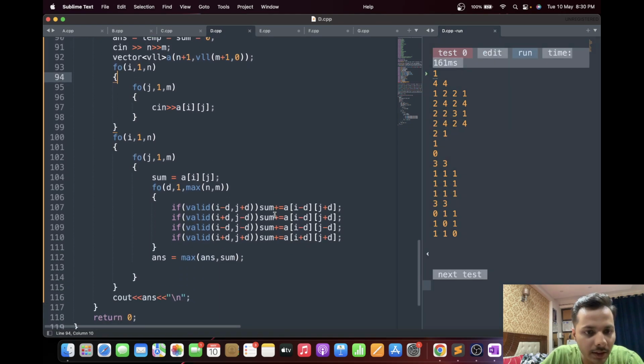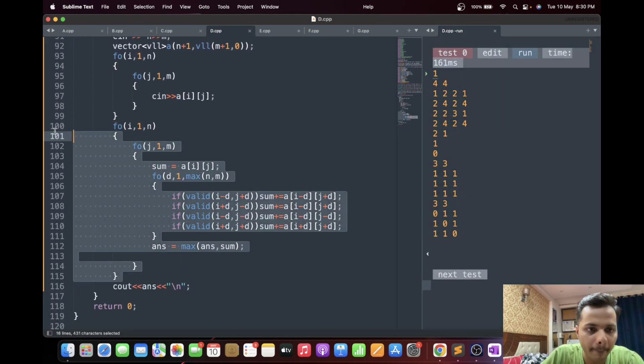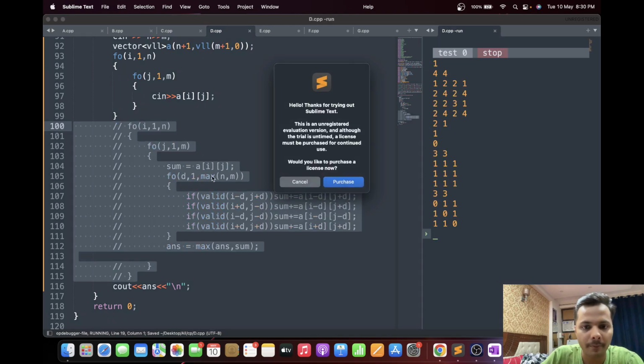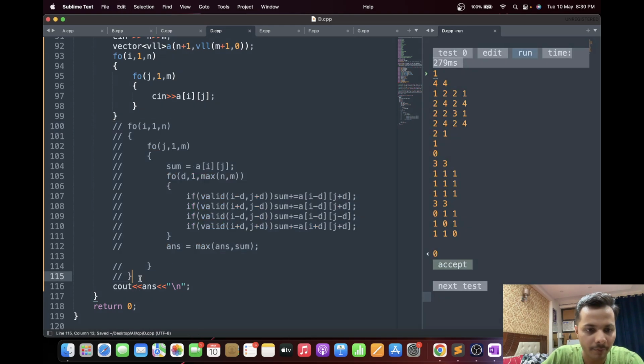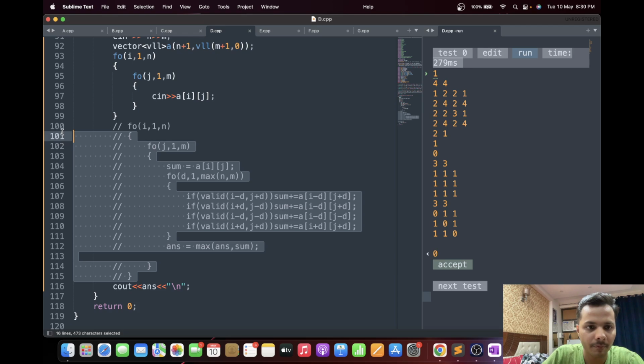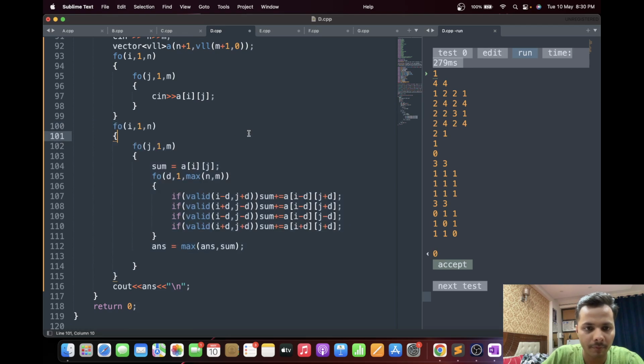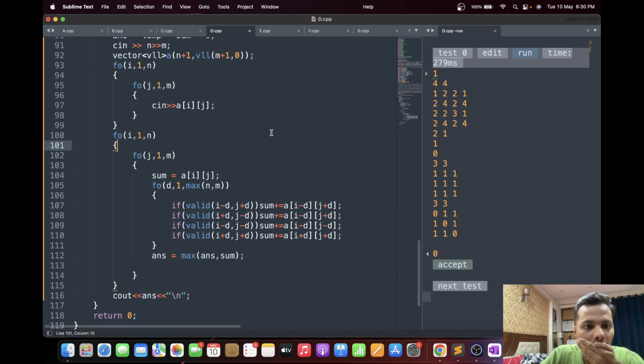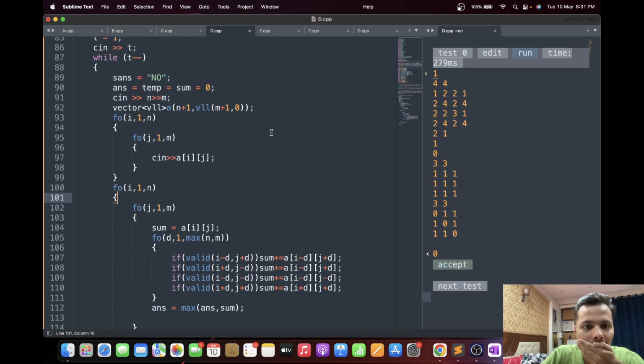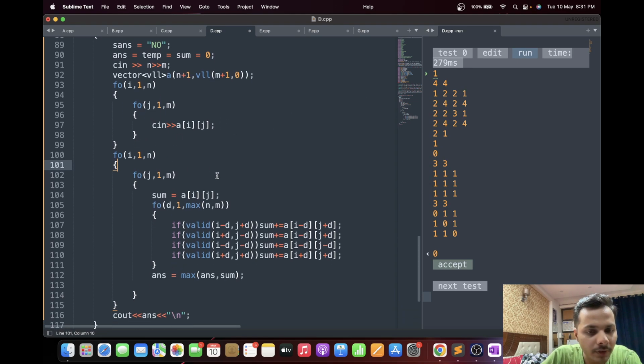Yeah, so we are getting a runtime error. There are n rows and m columns. Things seem fine here.